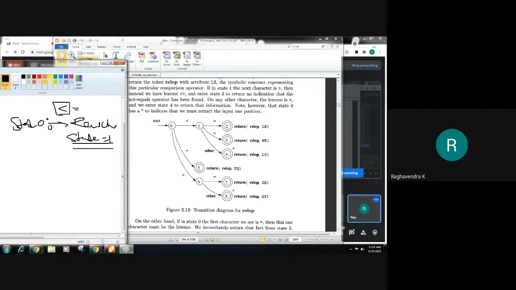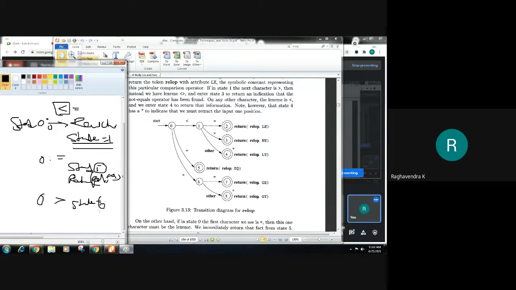Okay, in state 0 again, if the read character is equal to, then I have to change the state to 5, and of course I have to return the relational operator along with equal to as the attribute value. In state 0, if I have seen a greater than symbol, then I have to change the state to 6. Got it? Change the state to 6.